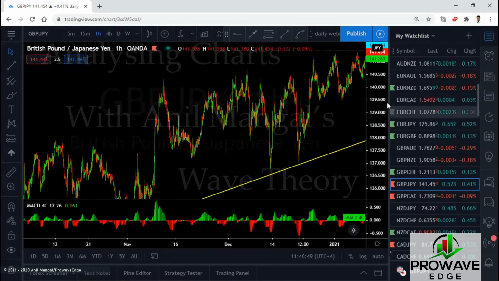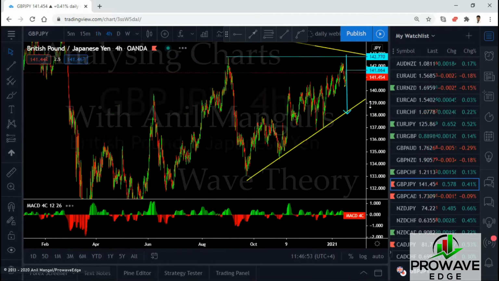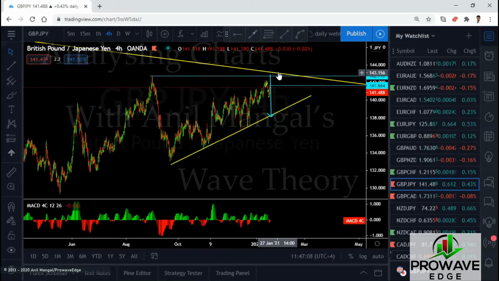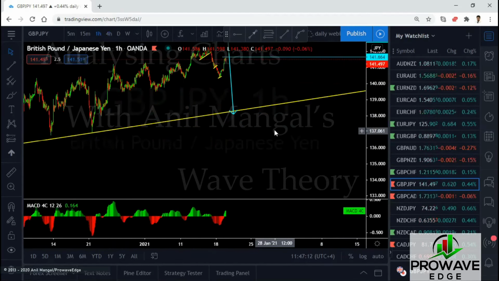If it breaks that top, the only information it's telling us is that we are only going to get the trade to this level. So what if it breaks this top? My traders know that. If we break this top, we're coming back here and then up. That's confirmed. If we don't break the top, then we can go much lower than that. That's the only difference this pattern will make if it breaks the top. So let's see today if we break the top.